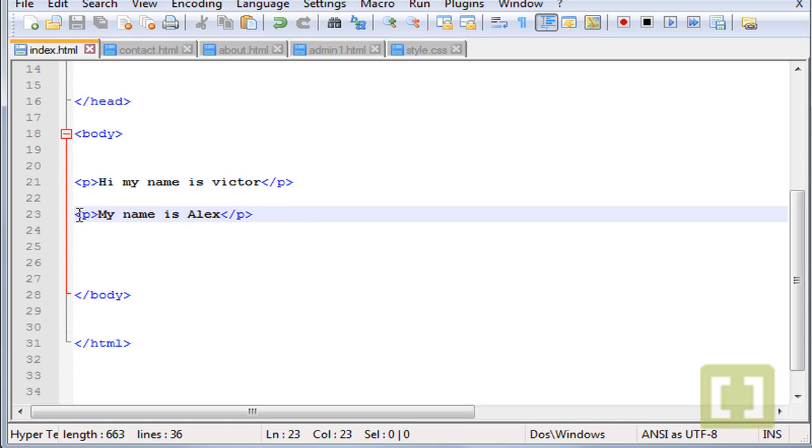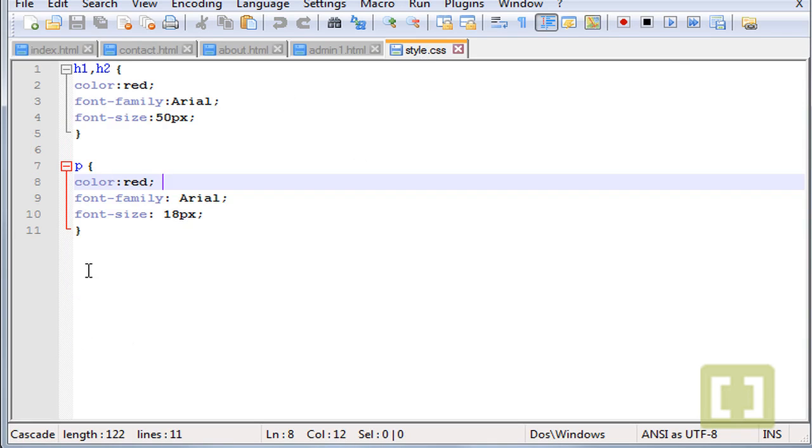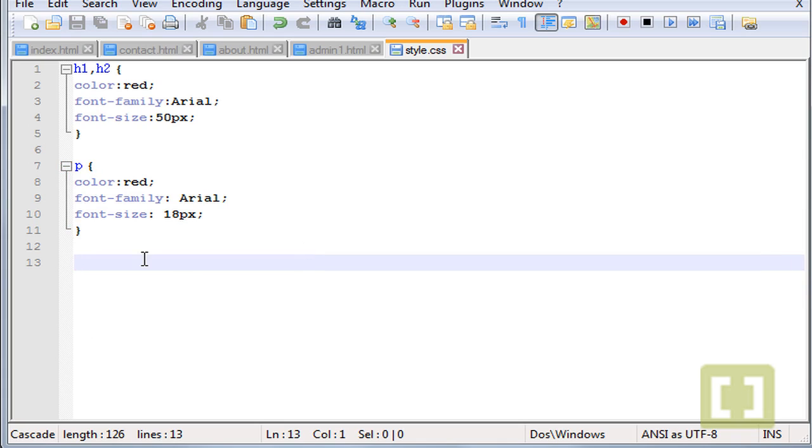What about if I only want to give or apply CSS properties to this second paragraph? To do it, we use class or classes. And to do that, we just type class equals, and make sure you use something that you will remember later, so you can use it as a selector in CSS. Let's type Alex here. Okay. And now you can go to style.css, and here you can type P for paragraph, dot for class, and